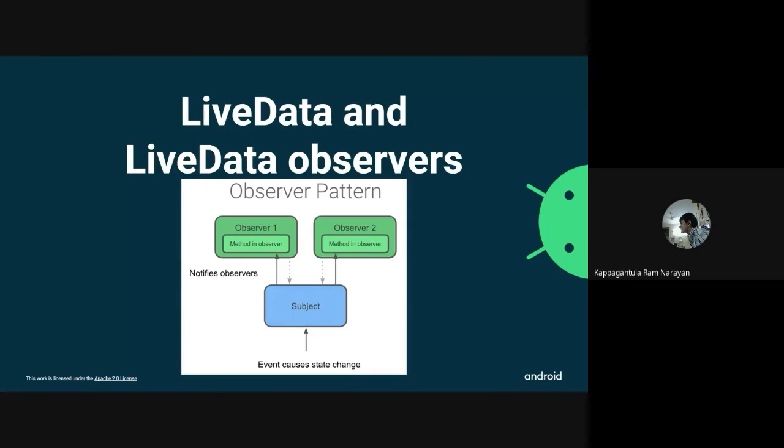You use this .observe method and you put the initialization of the view model inside that. That is, you call your view lifecycle owner inside your observe method. You create a temporary lambda expression for the observer, and whatever changes need to be done, you put it inside the observer class, the temporary lambda expression that you created.